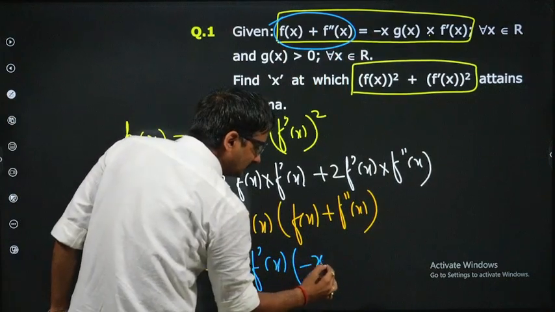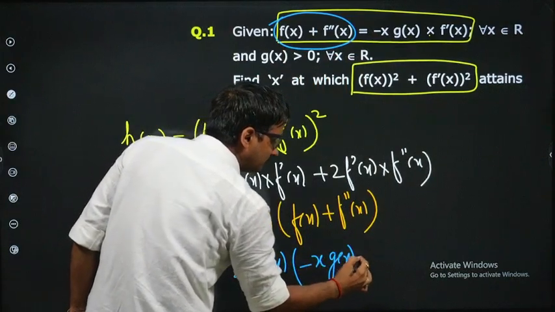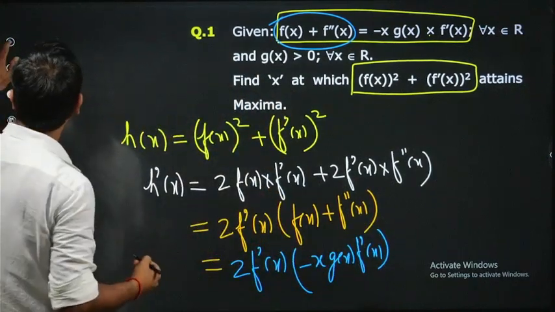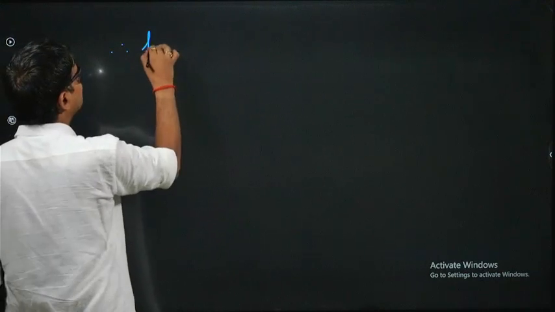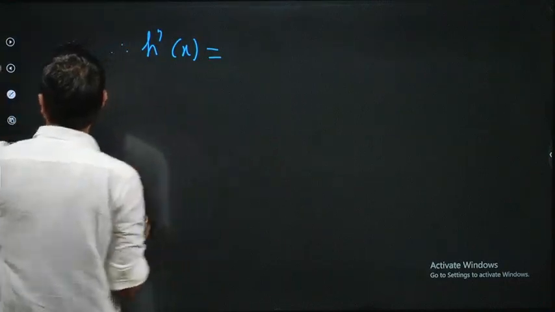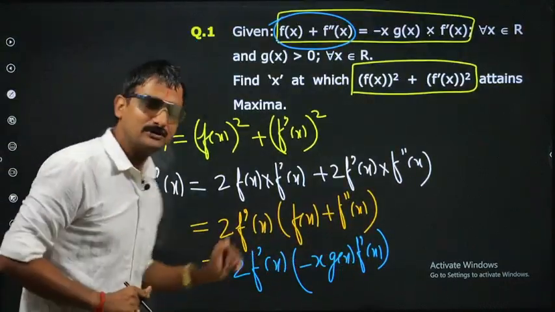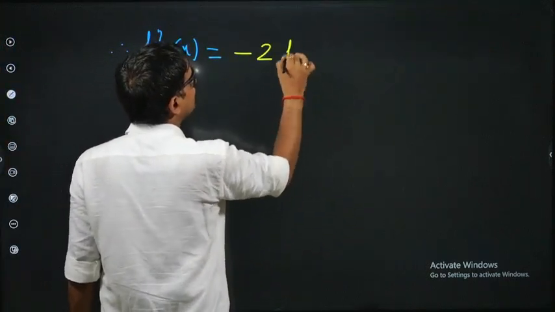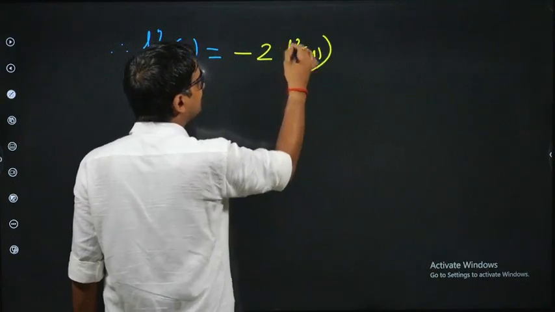Minus x into g(x) into f'(x), isn't it? Now when you put this value, h'(x) is, f'(x) into f'(x), so that is minus 2 f'(x) whole square